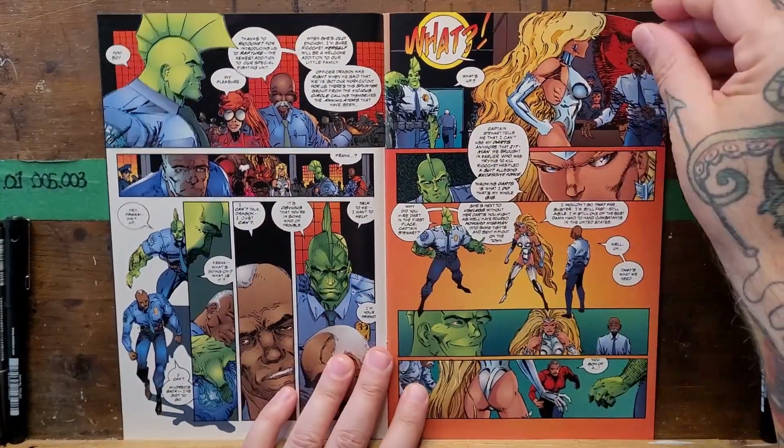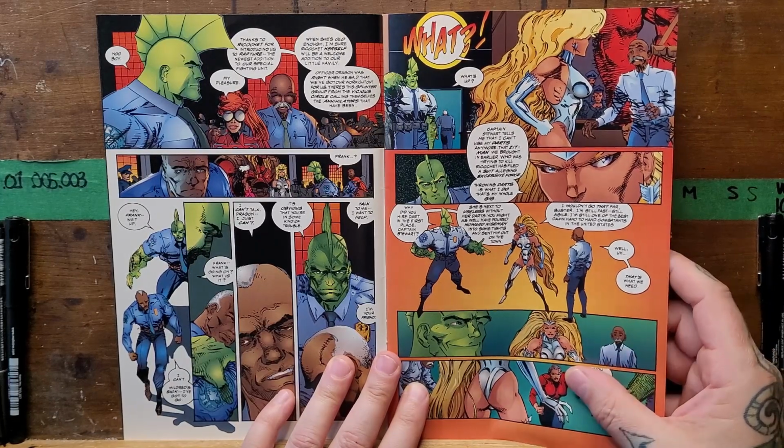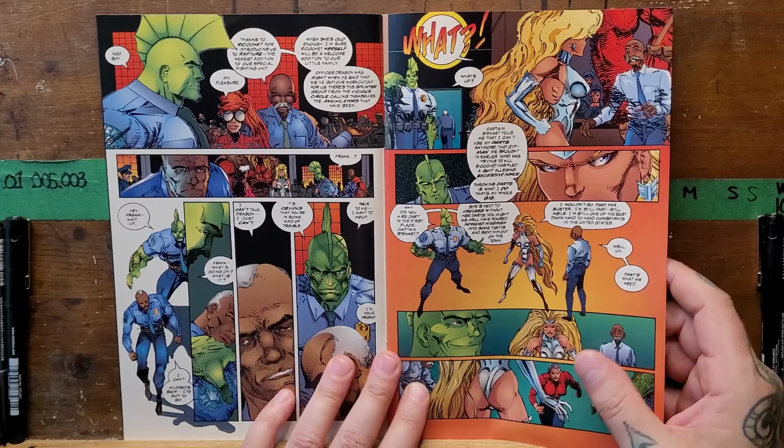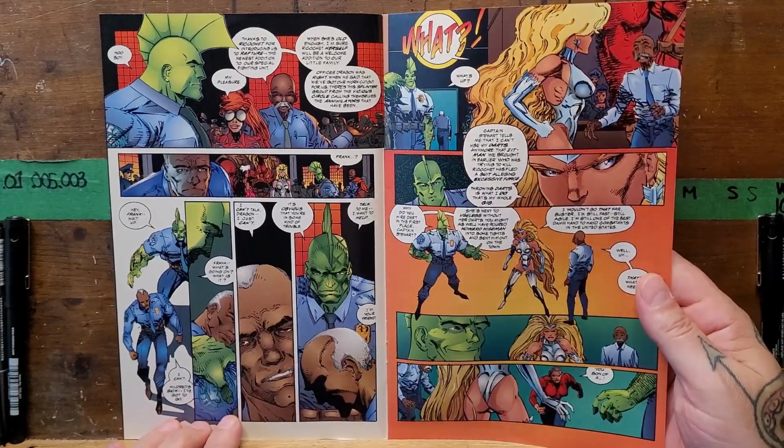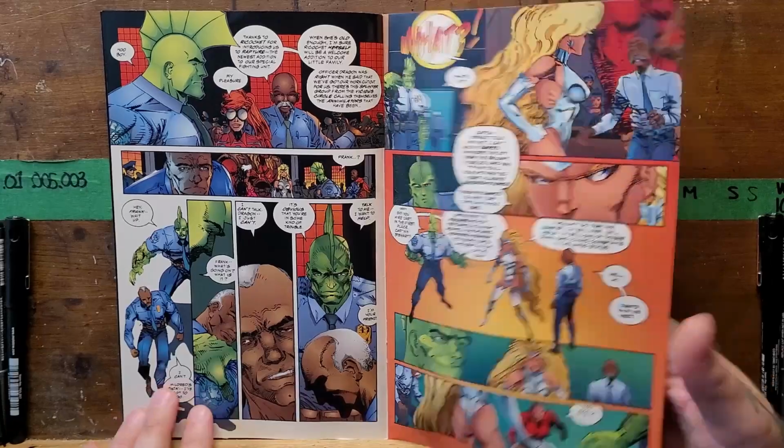In this issue, there are some questions being raised as to Dart's abilities, whether she's strong enough and superhero-y enough to be on the police force. That's the discussion going on here. And then we've got this woman coming in, you son of a...